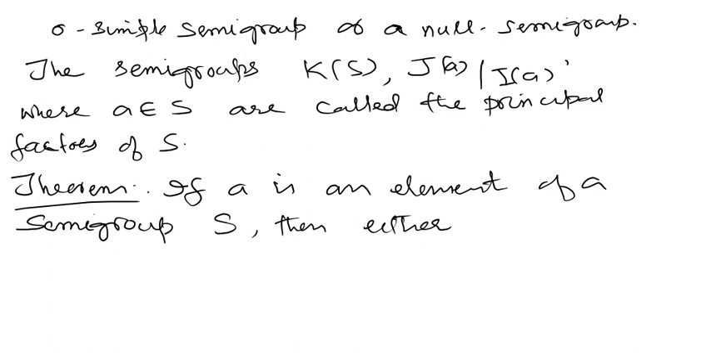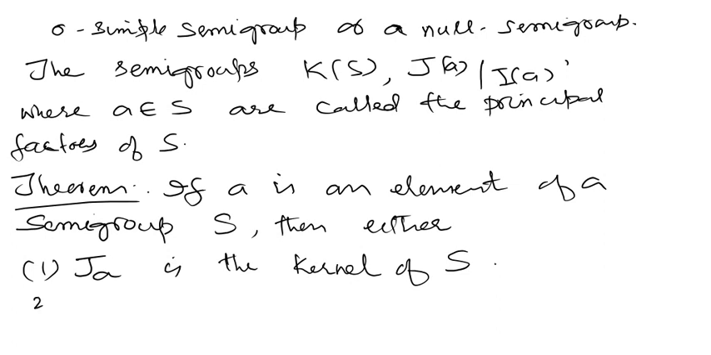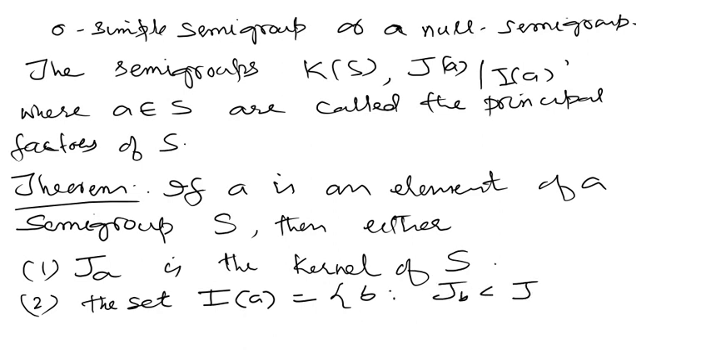the J class of a is the kernel of S, meaning it is minimal. That is, the J class of a is equal to the principal ideal, and it is the kernel of S. Or second, if it's not the kernel, in that case the set IA that you constructed, the set of elements b such that J_b is less than J_a, so that means this J class is not the kernel, it's not a minimal ideal,